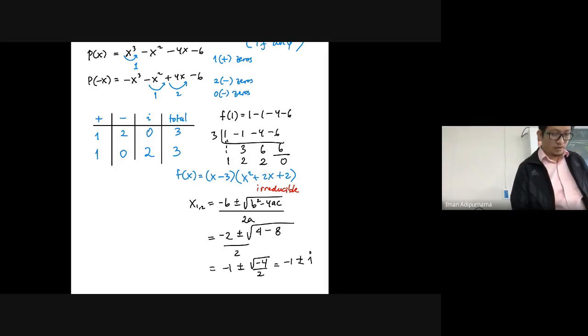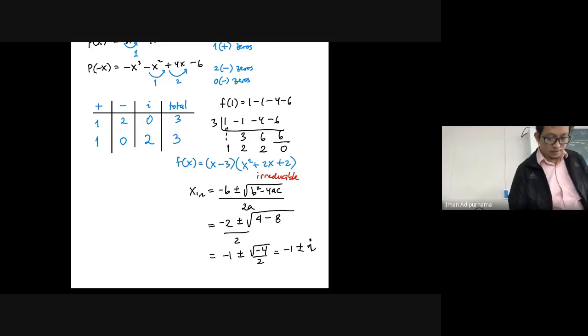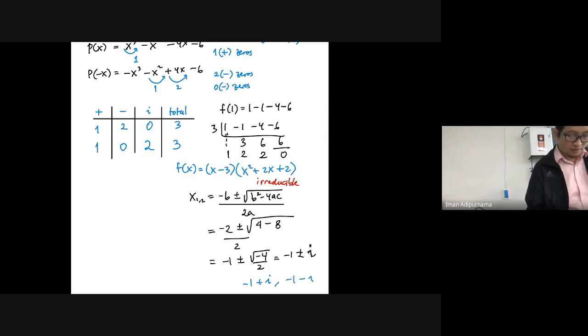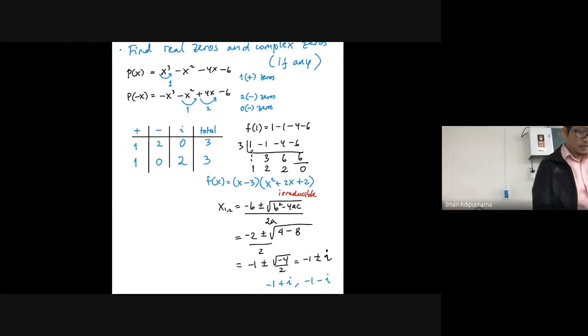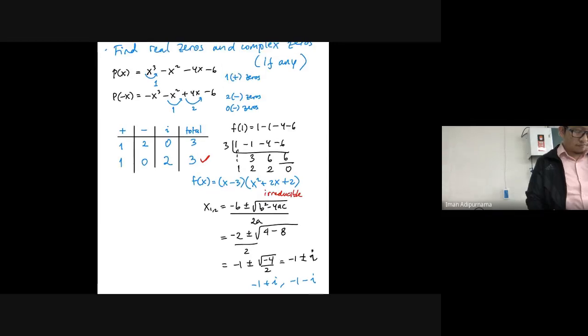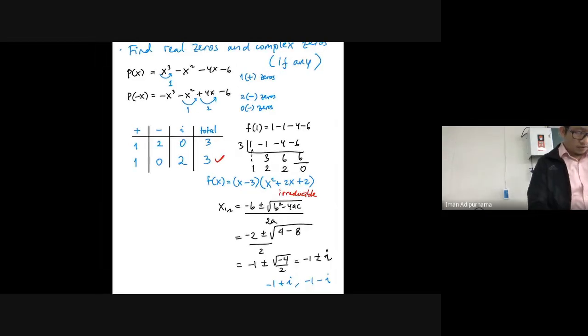It will be -1 plus minus i. So you have -1 plus i and -1 minus i. So in fact, your roots are the second case: 1 positive zero and 2 imaginary zeros. So the real zero is x equals 3. The complex zeros are x equals